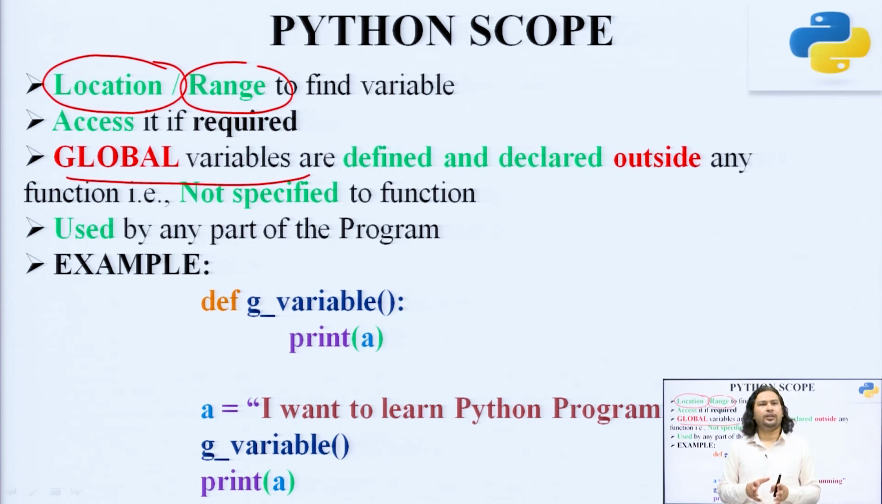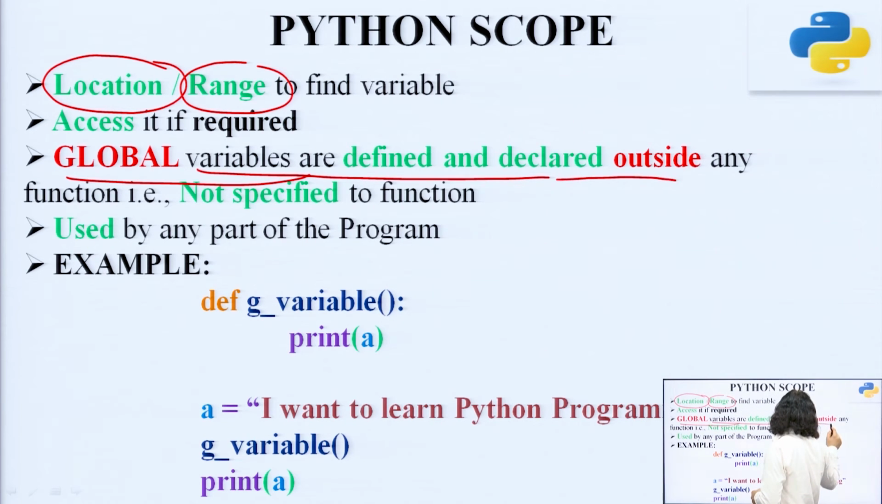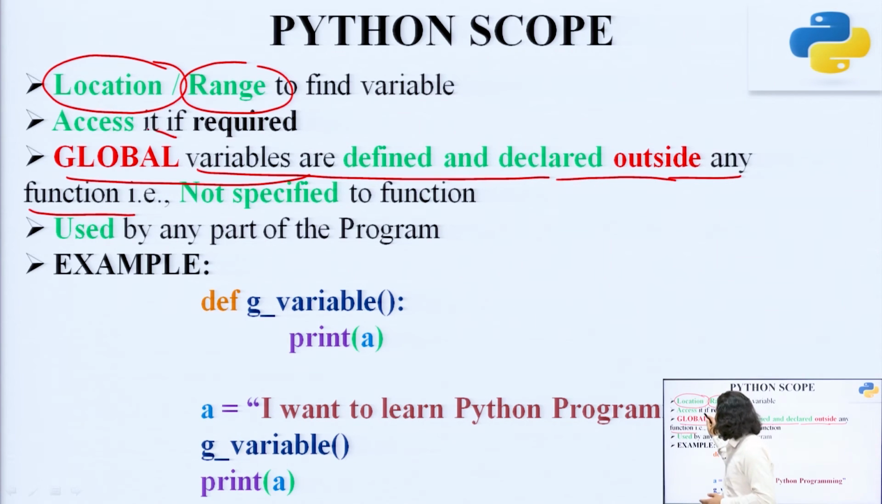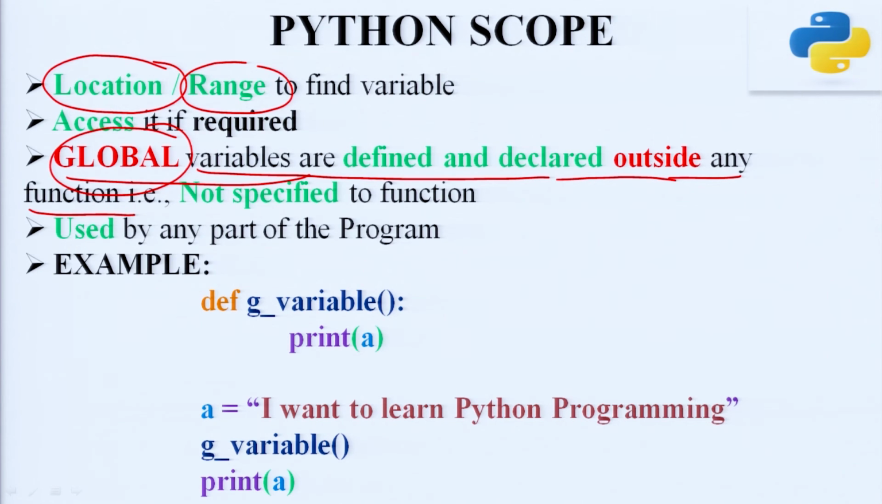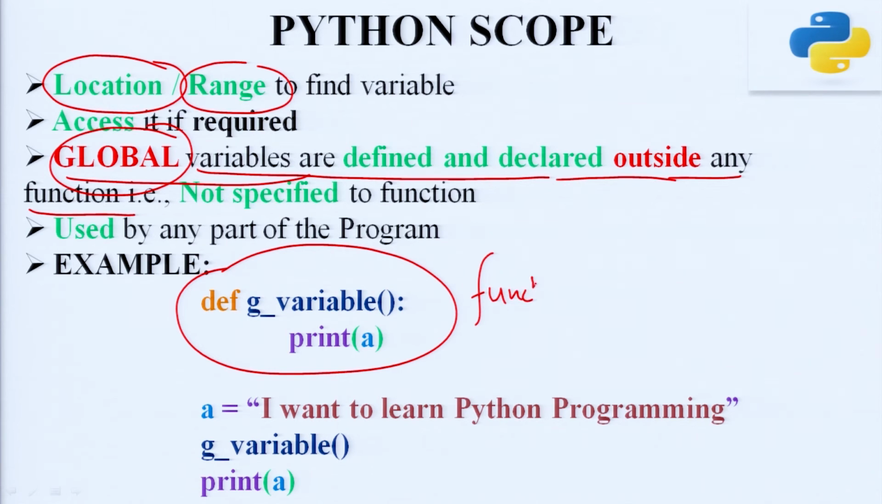That means, if the definition of the variable lies inside the function, it is referred to as local. If the definition and declaration of a variable is outside the function, that means the variable is outside the function, it is referred to as a global variable. Now, here you can see in the example that this is the function, this is the definition of a function,